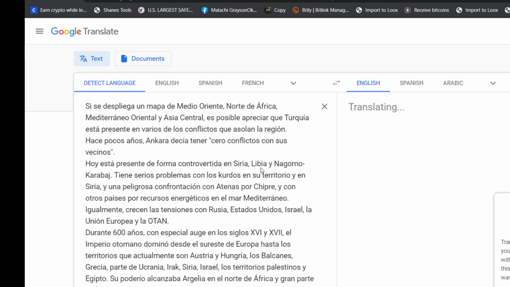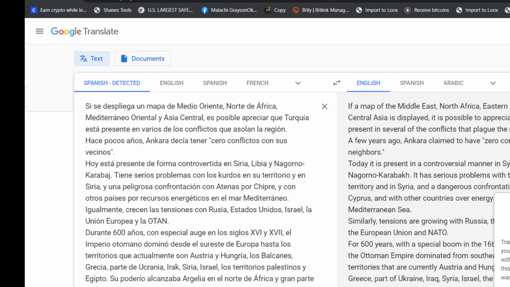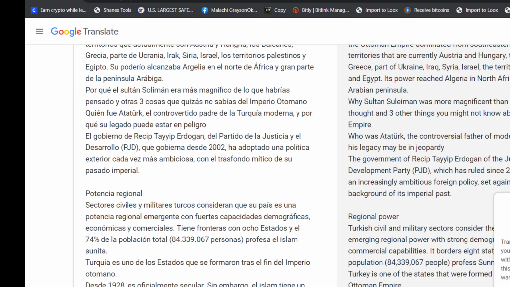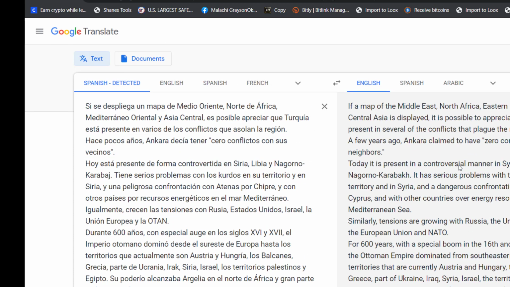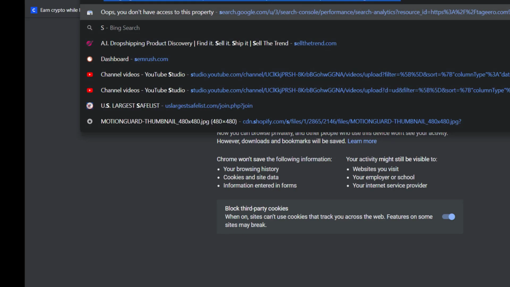All right, once we copy it, we're going to come back into Google Translate, and boom, that's all you have to do. It's very simple, and if you want to be more effective, you can literally rewrite them, because usually it's a computer and it says things that do not make sense. So you can literally rewrite them, or you can go to a website called